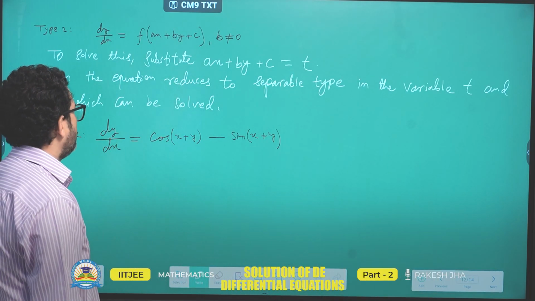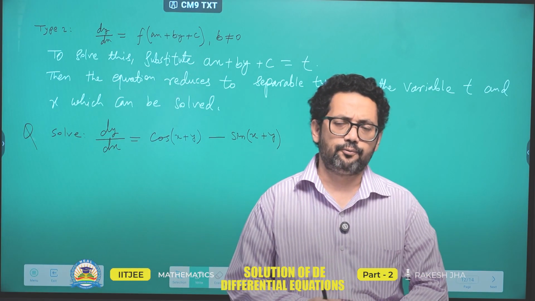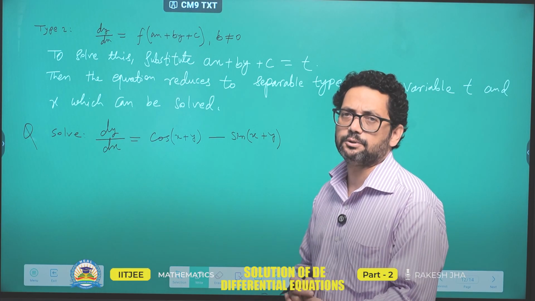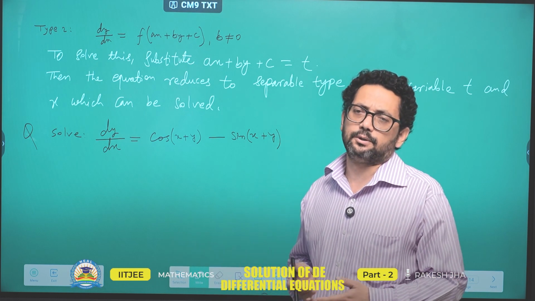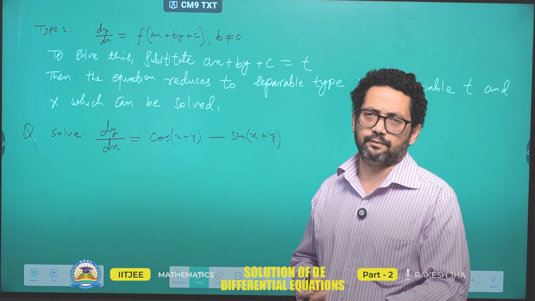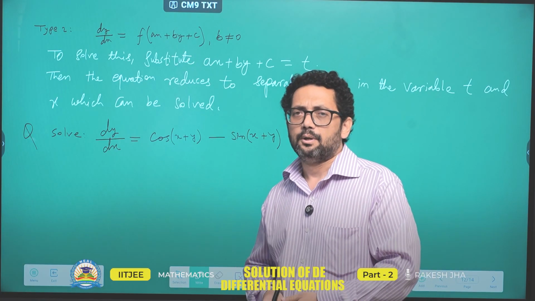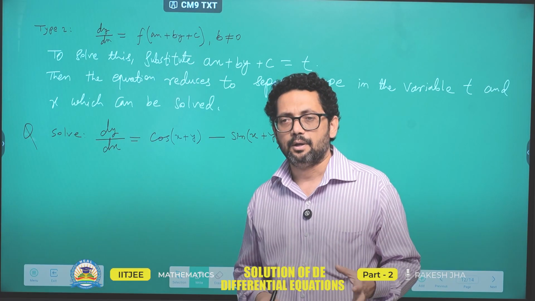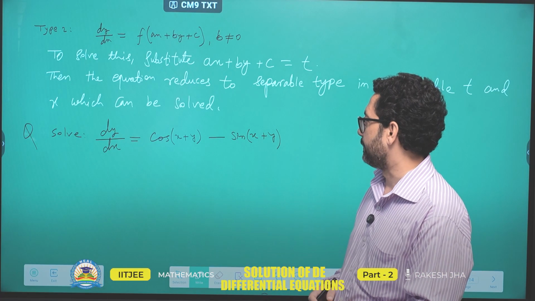We are dealing now with type 2 question. Type 2 means the variables are mixed up in such a way that we are not able to separate them. Although we have the homogeneous method, which we shall discuss next time, here, with some minor changes, we can make the function integrable. We will be able to separate